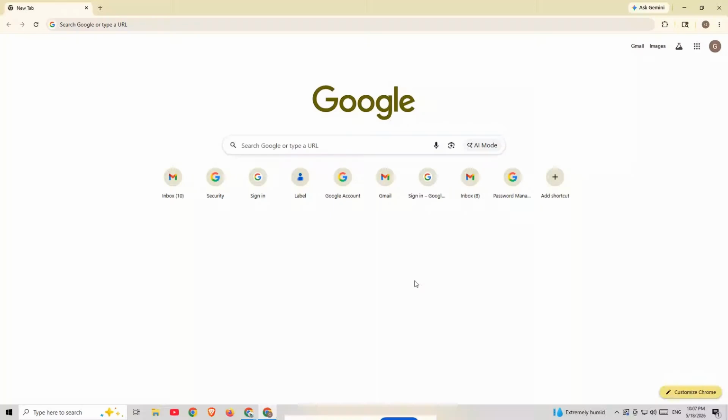If you want to enable syncing on Gmail, this quick guide will show you exactly how to do it in Chrome, so your bookmarks, passwords, history, extensions, and browsing data stay synced across your devices. This is super helpful if you use Gmail on multiple phones, laptops, or computers and want everything to stay connected